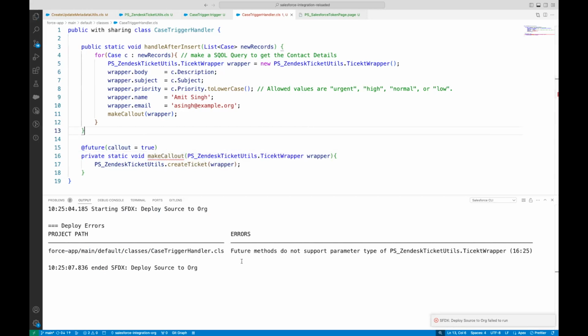It says the future method doesn't support the parameter type. We cannot pass the object. That is also a bad thing in the case of the future method. That's why I prefer queueable to make the callouts from Apex triggers. Okay, so that is fine. What we have to do now,